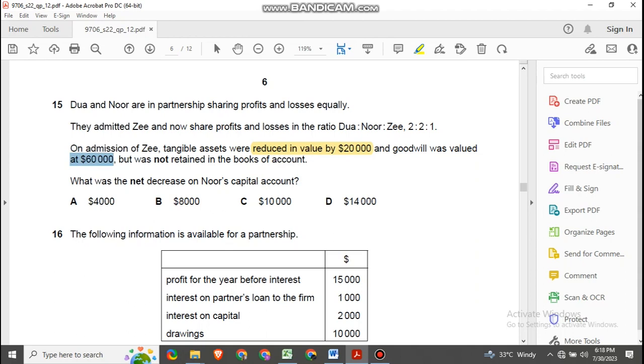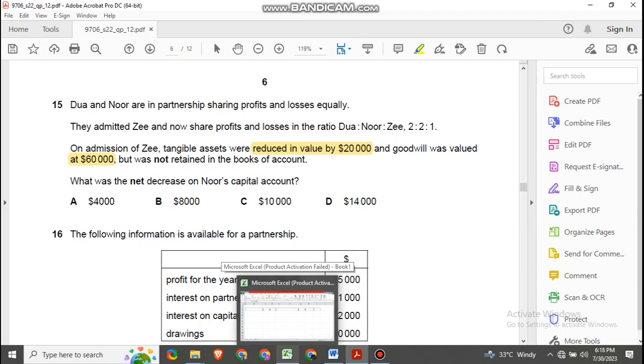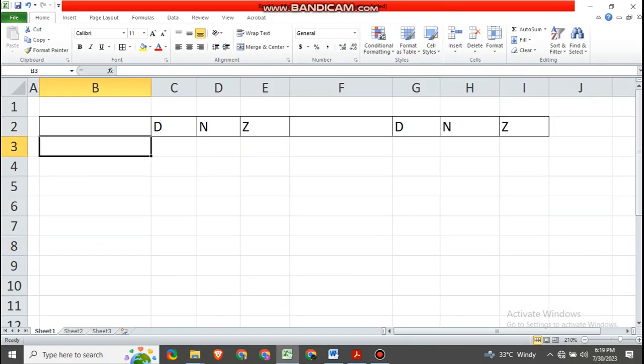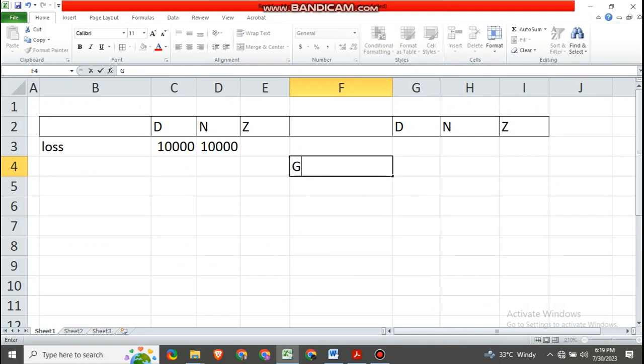So in partnership, we have learned if there's a loss, then we should give it to the partners in their old profit sharing ratio. So this is loss in old profit sharing ratio. So loss is 20,000, so equally, which is 10,000 for each of the partners. And goodwill will be shared in old profit sharing ratio on the credit side and in new profit sharing ratio on the debit side. So goodwill is in old profit sharing ratio, which is 60,000 divided by 2 is 30,000 each,